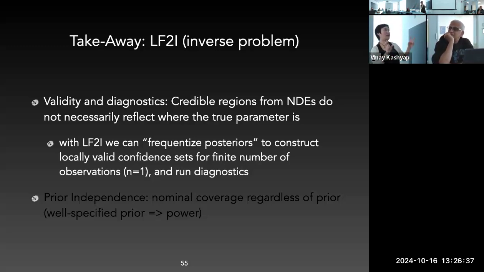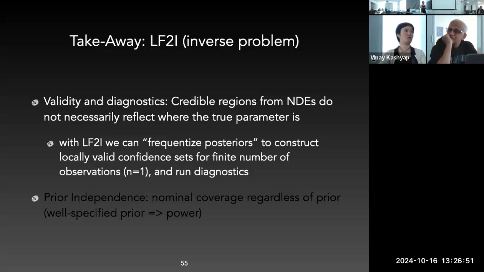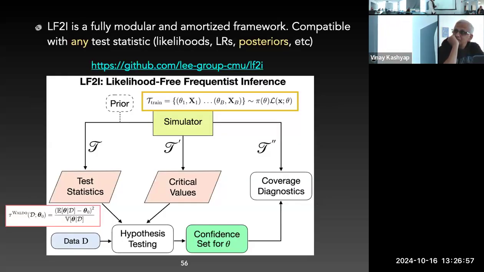But with LF2I, we can frequentize posteriors to construct locally valid confidence sets for a finite number of observations, just need one observation, and then run diagnostics. Power is a big thing, but you can see your power anyways. You can see if your coverage is large, which is hard to see without diagnostics. And